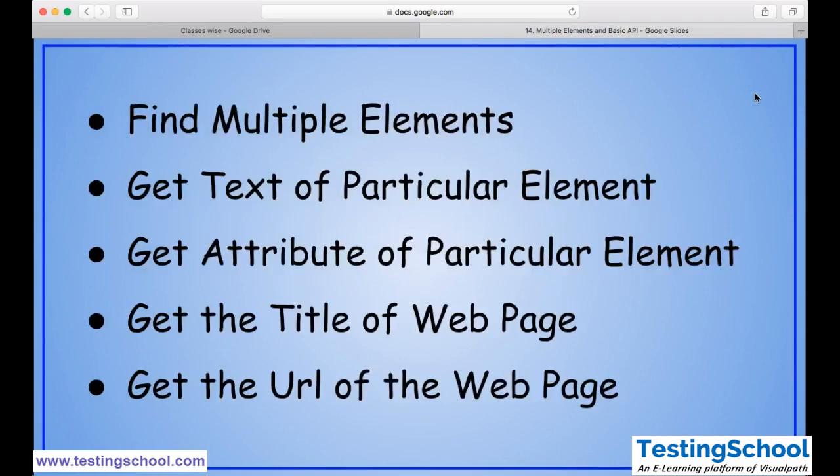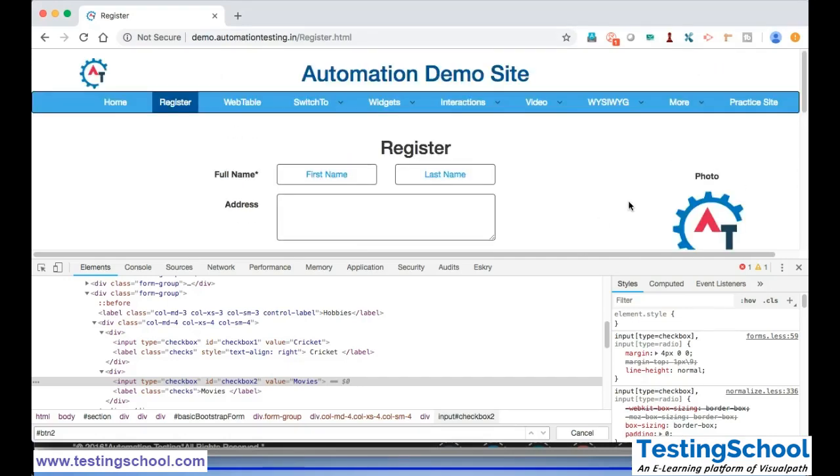In this video, we'll see how to find multiple elements, how to get the text of a particular element, get an attribute of a particular element, get the title of a web page and get the URL of the web page. We'll see all these things as part of this video. For this, first go to the website which we are using. So this is the website